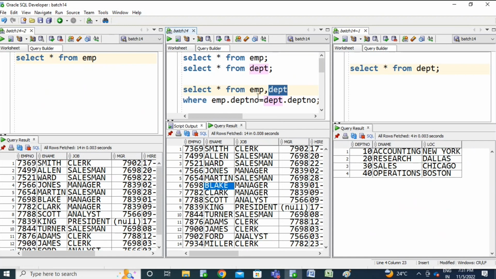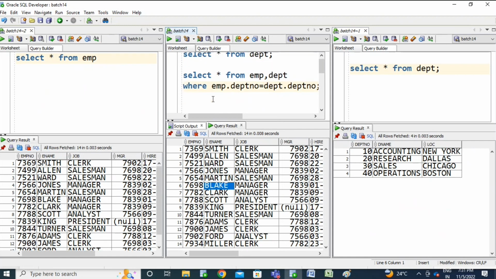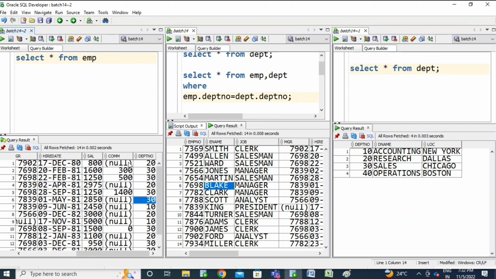Okay. So now you are maintaining the common relation, meaning you are trying to get the matching records from both tables. In such a case, if you write DEPT or EMP, so the left and right, if you swap that or change that, it won't give any trouble. So while retrieving, now you have this EMP table and you are getting 14 records from this table, right? See, this table has only 3 departments, 10, 20, 30, and the parent table has 4 department numbers.